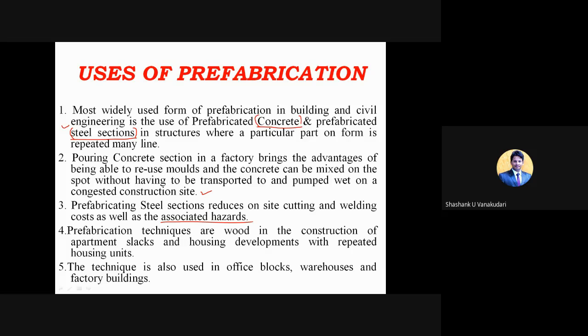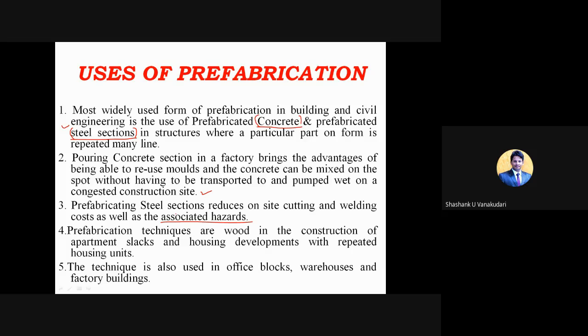I agree that with respect to transportation, prefabrication may cause some additional hazards. So they are going to manufacture it in bulk. I mean, the several sectional components they will join together in the manufacturing site itself, and then they will install them at the required locations.